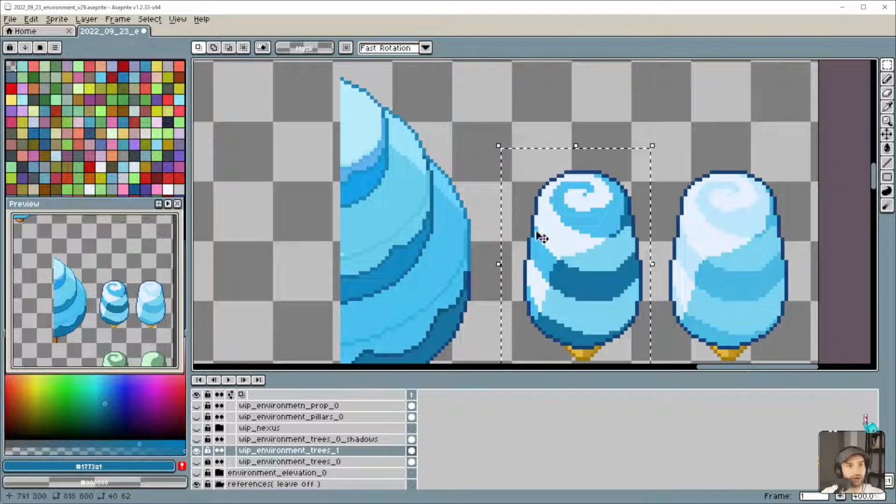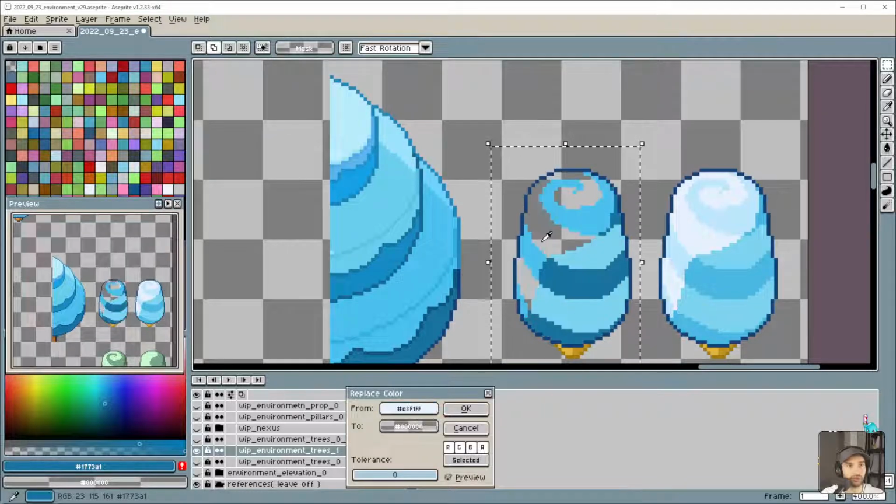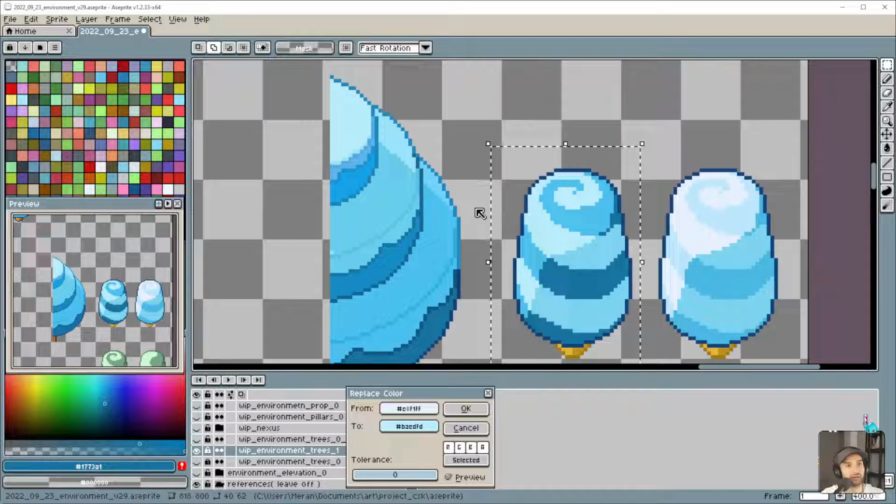And then our blues. So what I want to do is replace this one. So we'll replace this color with something that's, actually that's not bad. With that there, I think that works.